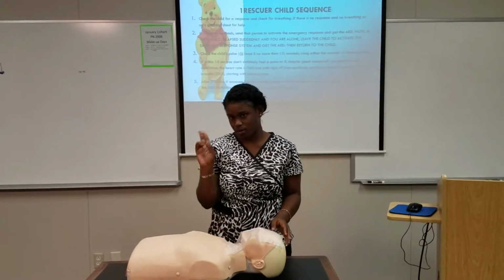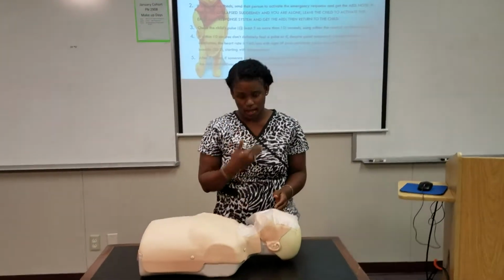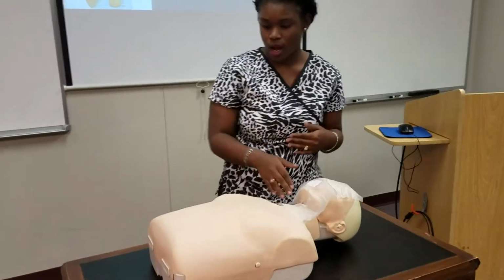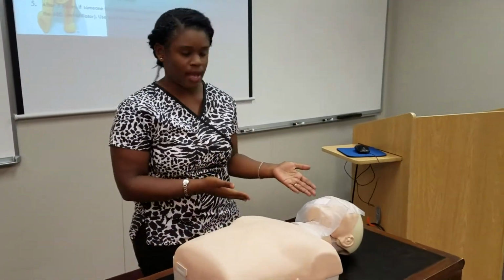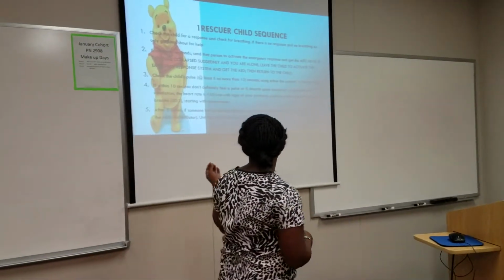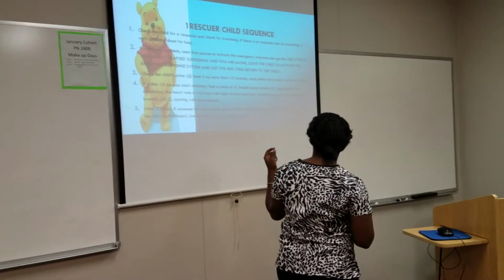So what you're going to do is you're going to place 2 fingers, you're going to find the trachea, and you're going to place it on the carotid artery, which is right beside the trachea. You can use the femoral artery, but our mannequin has no femoral artery, so I can't show it to you at this time. If within 10 seconds you don't definitely feel a pulse